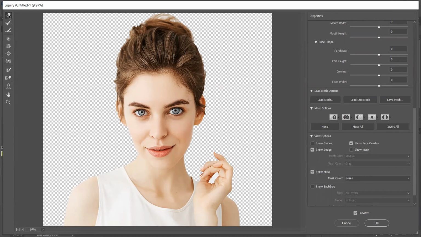And using the Forward Warp tool, you can decrease or increase the brush size by using the square bracket, and do a little bit like this. Not much more.